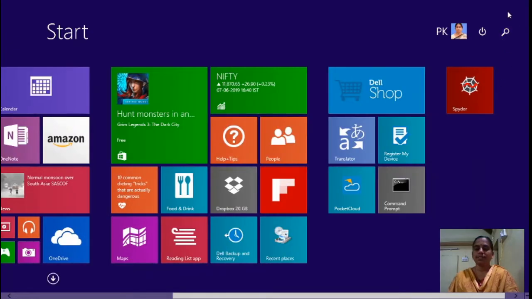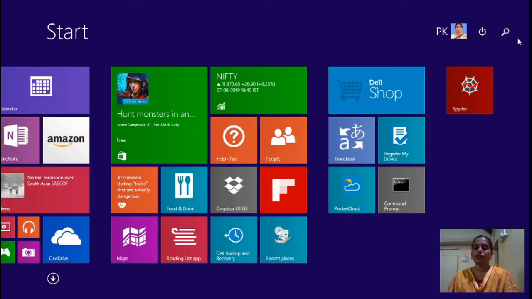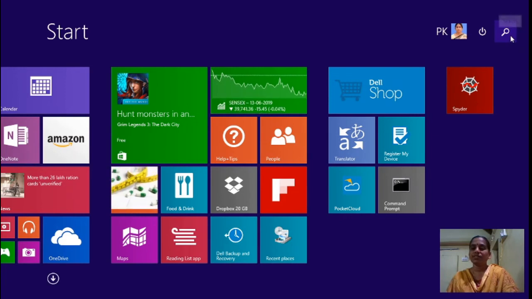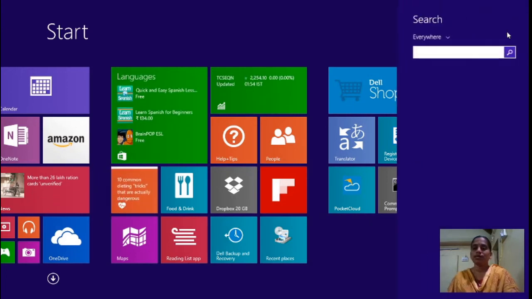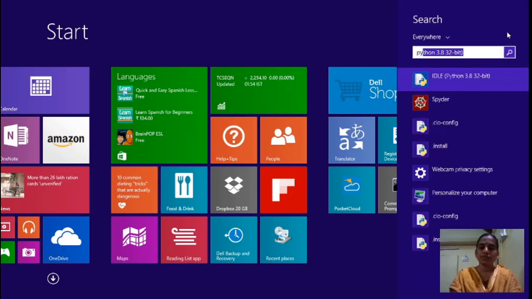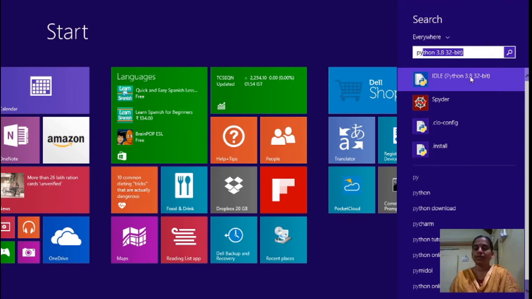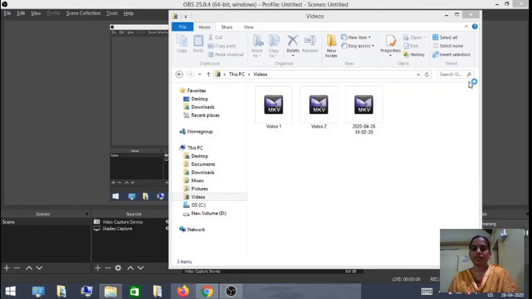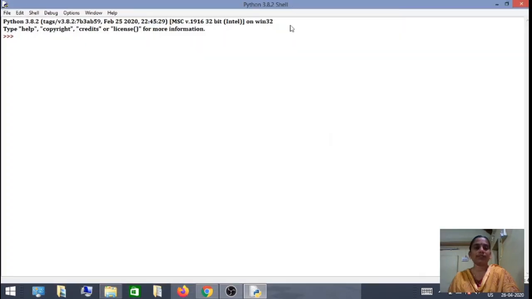Next I am going to show you how to execute Python programs in the environment. For that I am going to open the environment. Before opening the Python environment, we must ensure that Python has already been installed in your machine. So after it is installed, I am going to open the Python environment by using the search box, and inside the search box I am going to type Python IDLE. The IDLE is the first option shown on the screen. I am going to press this. It will open the Python shell.